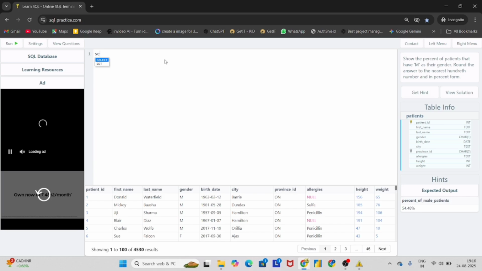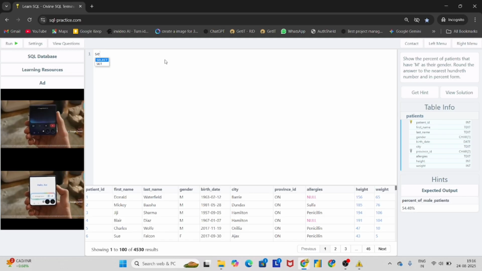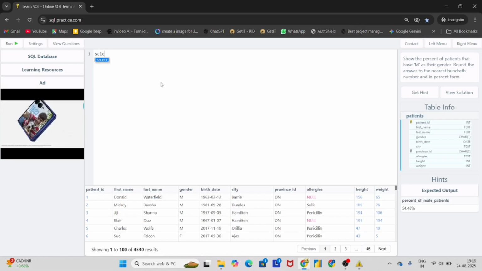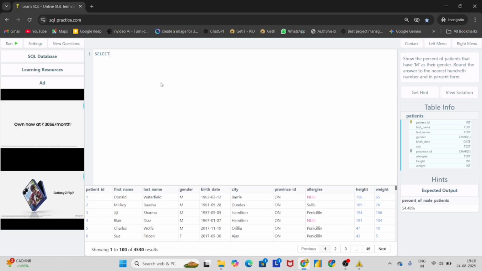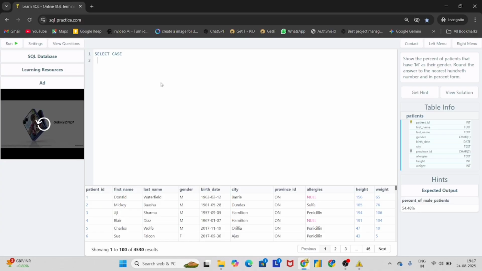Then we will write this query. After that, we will use this query as a subquery to find the expected output. I think first I will show, then you will understand exactly what I am trying. First, we will use CASE